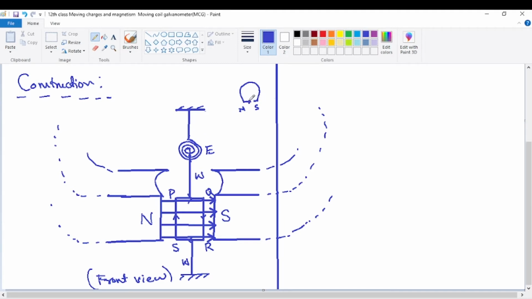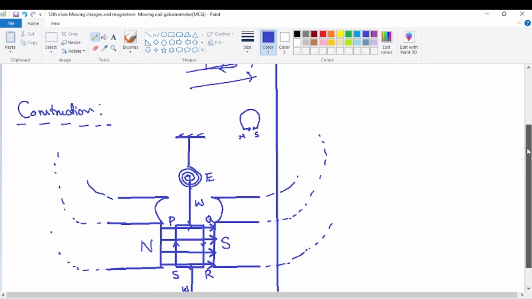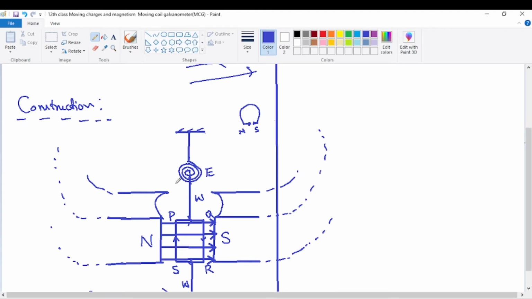This is the north pole and this is the south pole. Exactly, they'll be facing each other. That's called a circular magnet. Almost, it is in the form of a circle. So this is the north pole, and this is the south pole. Just see the remaining diagram. Only part of this circular magnet is drawn, because only the poles are important, and the magnetic field between the poles is important. Only that is carefully drawn in almost full detail here.